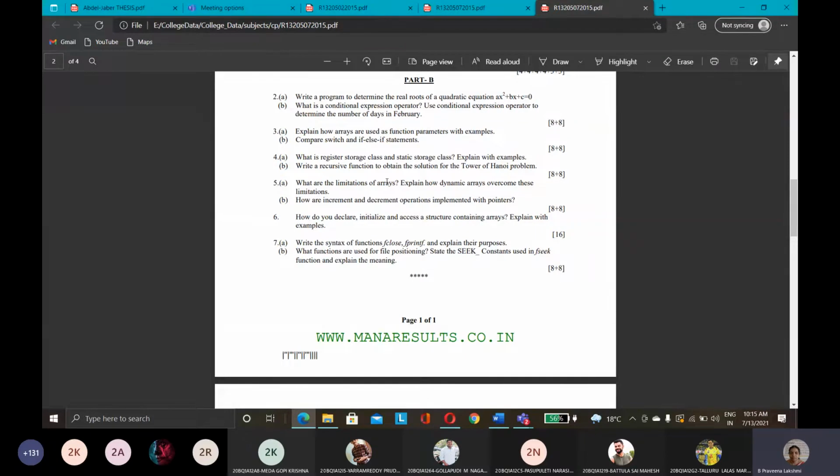Say if you are allocated the memory space for 100 elements but you are using only 10 elements, then there is a wastage of memory space. But with pointers, only as many memory locations as the number of elements required are allocated, so there is no wastage of memory space. Like this, you can write similar to the differences, on one side the arrays' limitations. The same limitations you can show as the advantages of pointers.